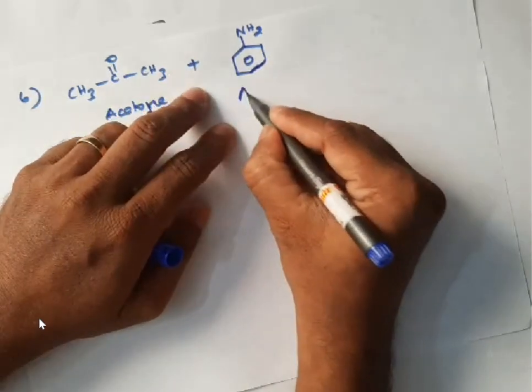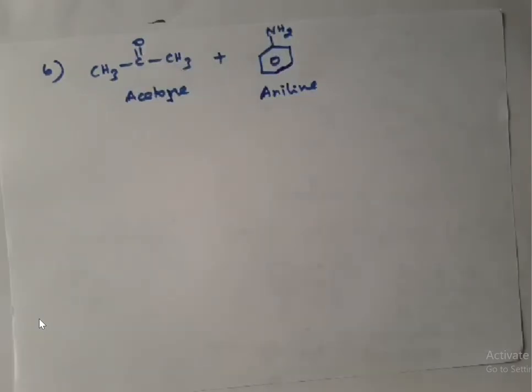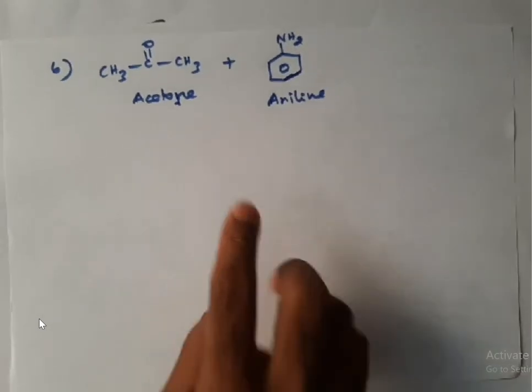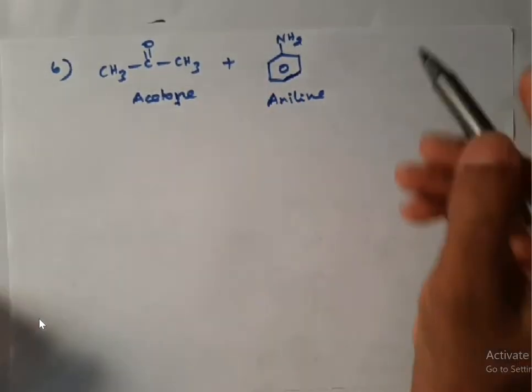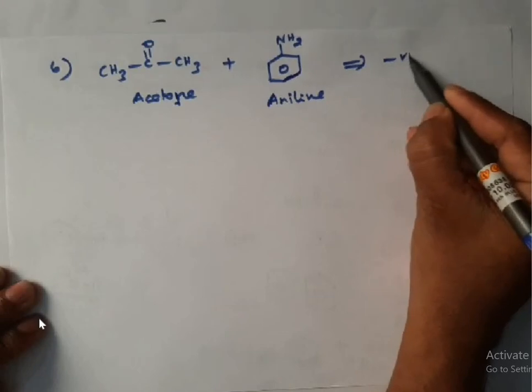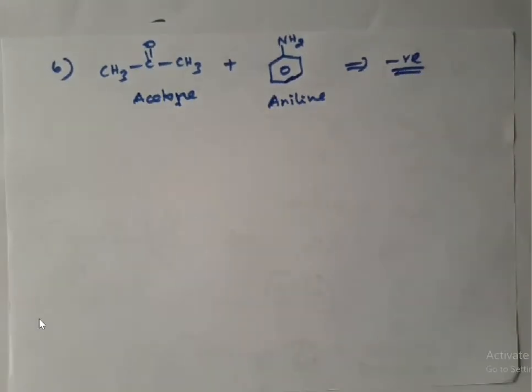Acetone and aniline, students observe this carefully. Acetone and aniline also form a solution with a negative deviation. Yeah, these are all a few examples which show negative deviation. Now let me draw and show you how